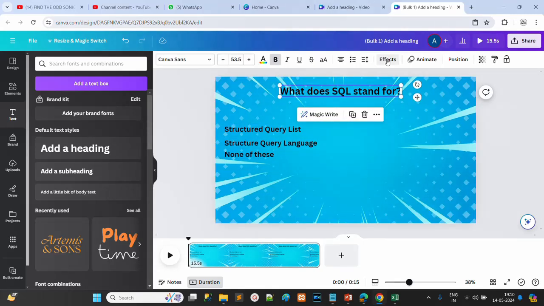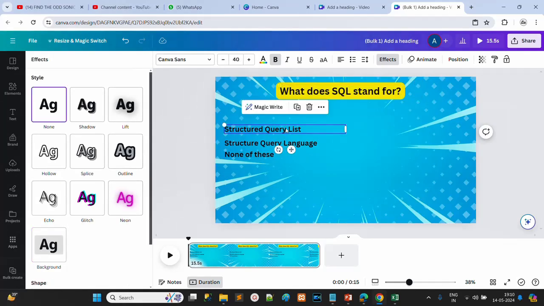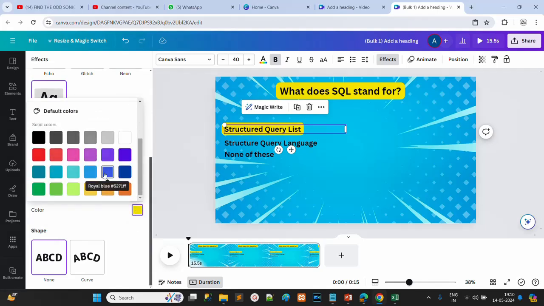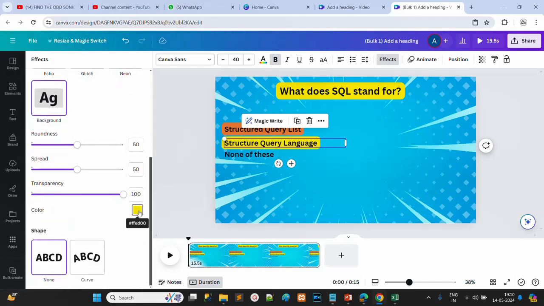Also you can change the background of this one, effect, background, then again background, change the color, background,